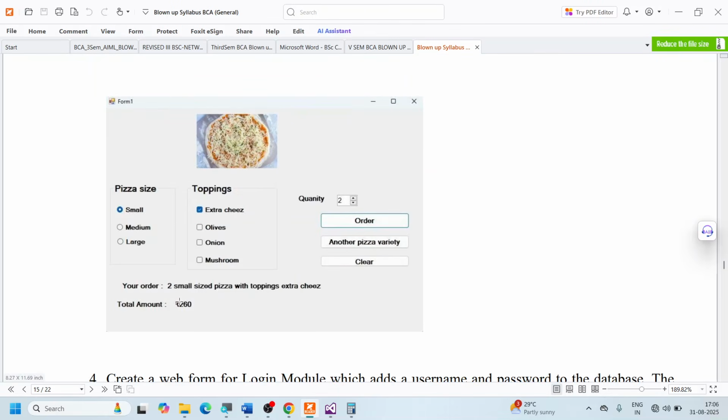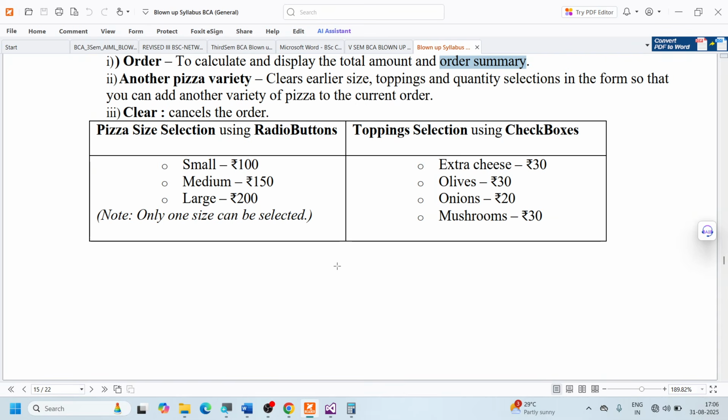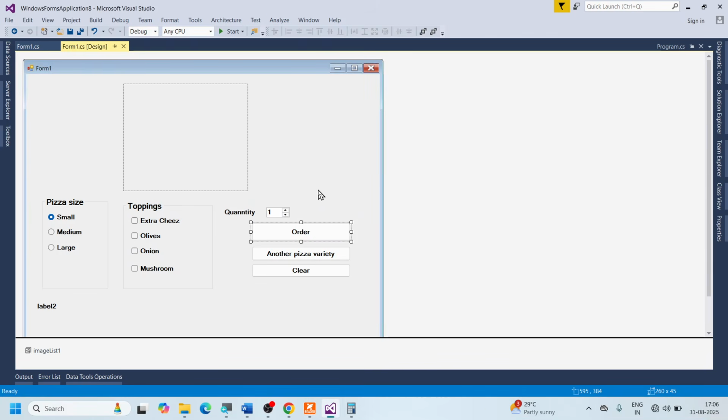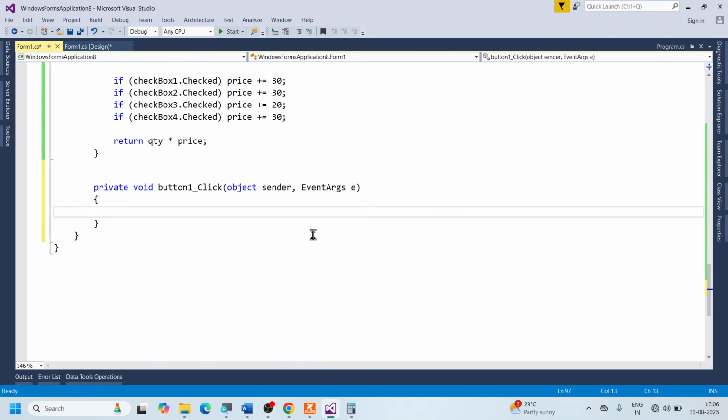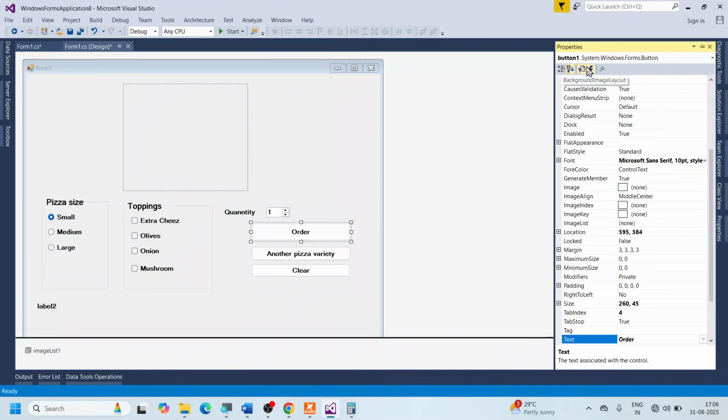So this is one order. Similar to this, I can order one more, and then I'm supposed to calculate the grand total for that, in other words. So I'm supposed to do that particular thing. Let me double click on this order now. This order is nothing but button 1, you notice that this is button 1. So when this button 1 is clicked,